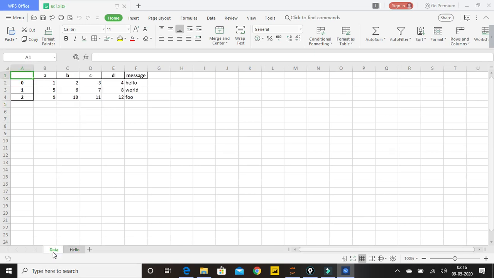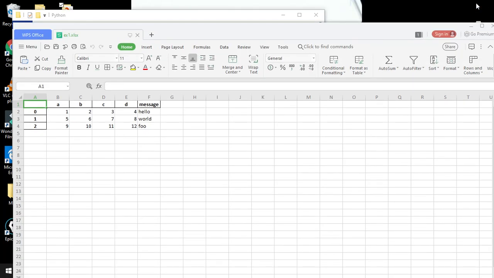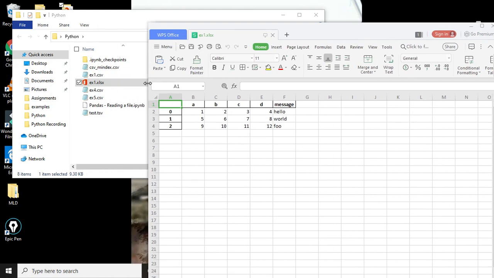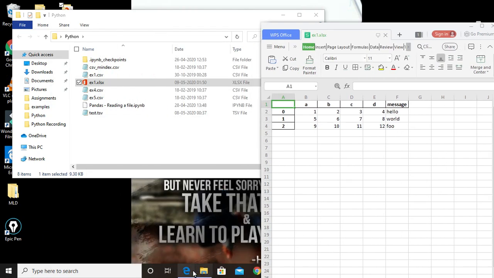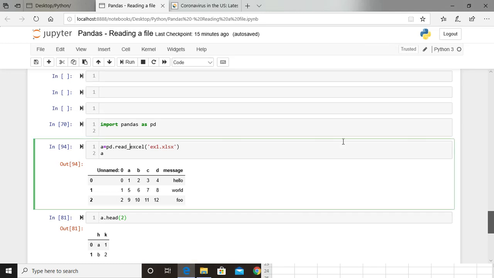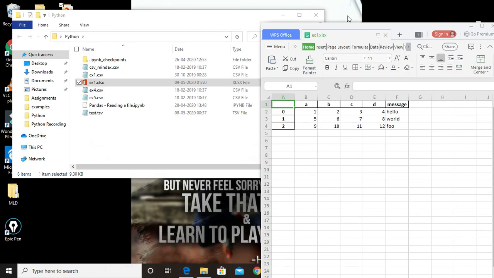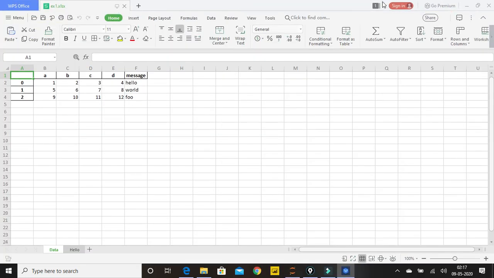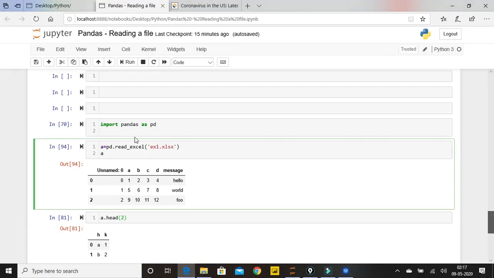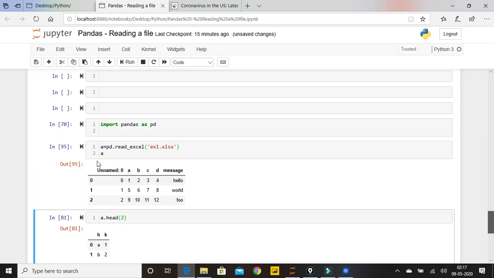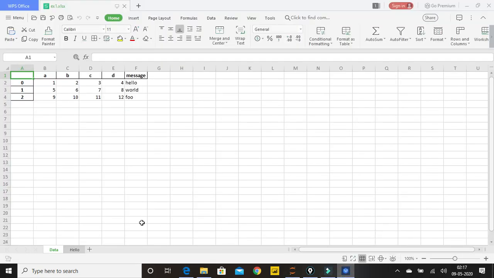Now going to Jupyter Notebook, I'll minimize this so that we can have a look and compare what I did. Now if I open my Excel sheet, you will find that when I executed this particular set of code, by default it gives me the first tab, the data tab, whichever data was in my first sheet. So it is giving it to me in a structured way.